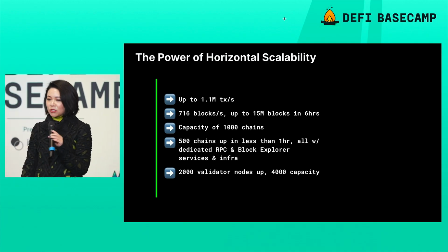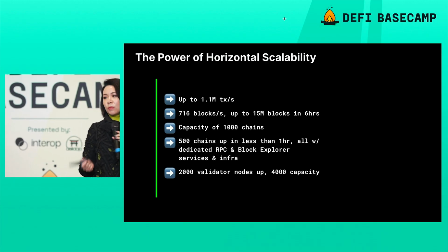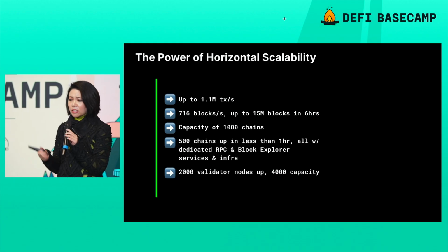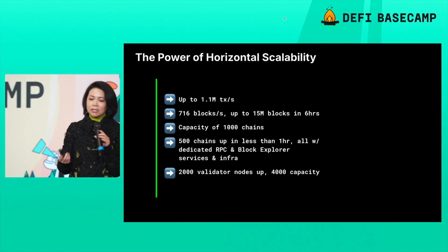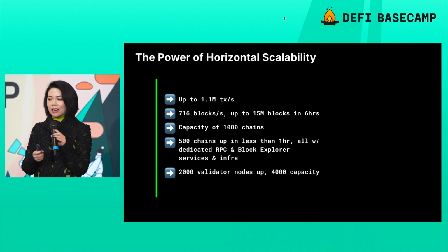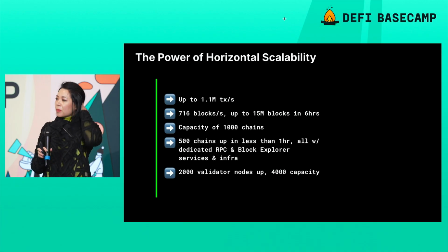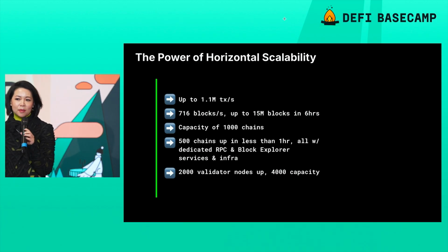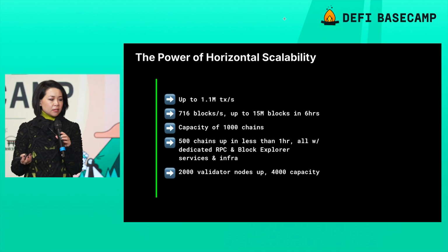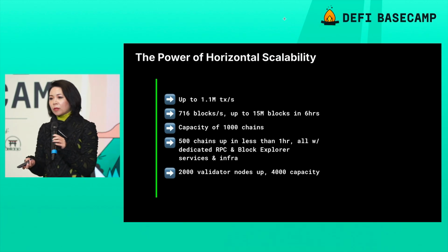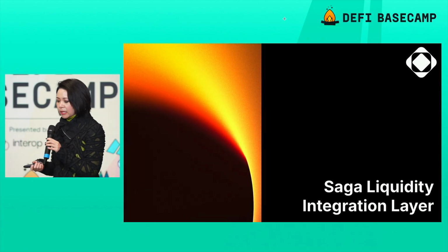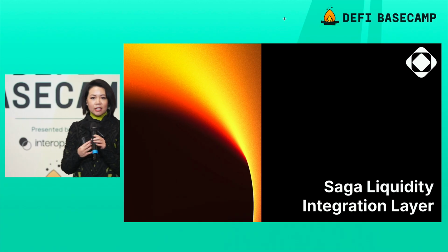Now that is assuming you have 500 chains, but you can see that TPS is a function of how many chains you have. So once again, hitting home the point that performance on Saga is actually about standing up additional layer ones. And it takes you, again, a couple minutes to stand one of these up. If you are a human developer, we are starting to get into the AI space where AI agents are the ones who are standing these chains up for AI agent-only environments. But that's another talk. But in terms of TPS, this is how we think about it, which is why it's a very difficult question to answer when people ask, what is the performance of your system? It really depends on how many chains there are, and you can have as many chains as you want. So let's keep going.